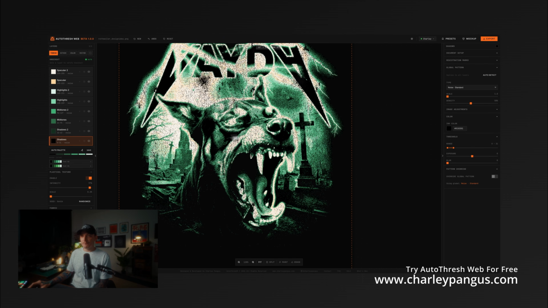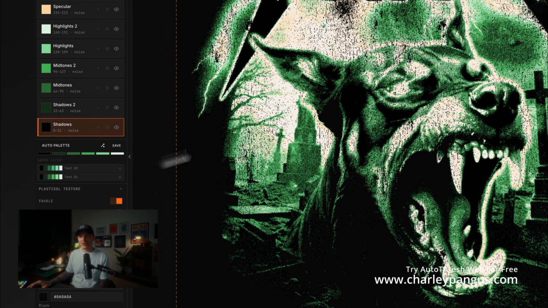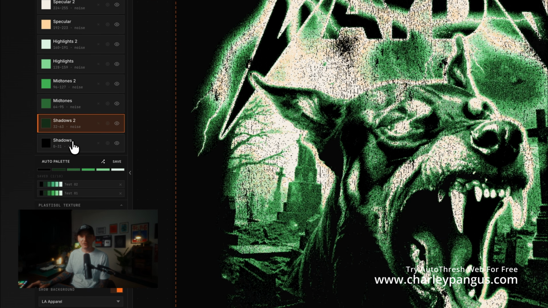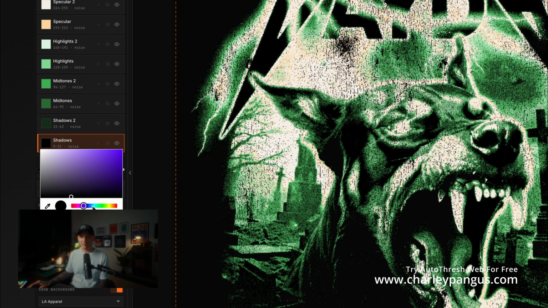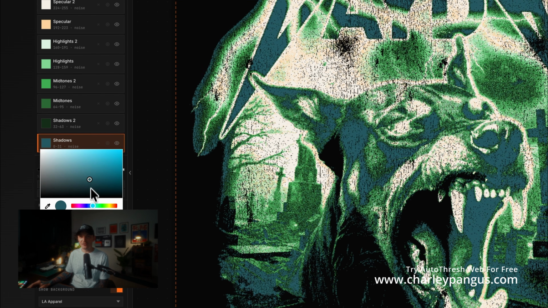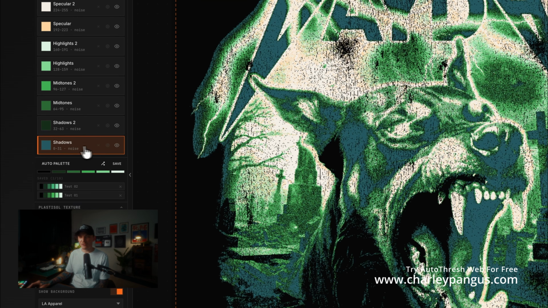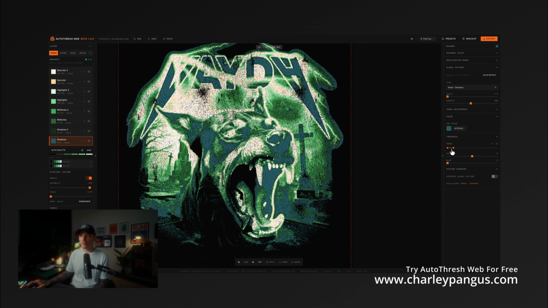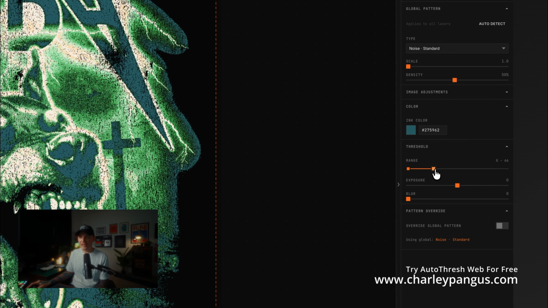Let's go to the right side because obviously you guys might want to adjust the tonal ranges, right? You could do that here. So let's say we want to make our background more of like a blue. Let's change it just so you can see it. We're going to change it back, obviously, because that's really ugly, but we have ranges here. So this is going to be the levels almost. On the left, you're going to have shadows. On the right, you're going to have highlights and specular